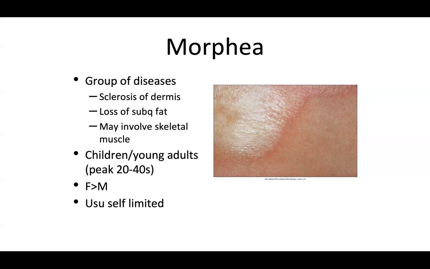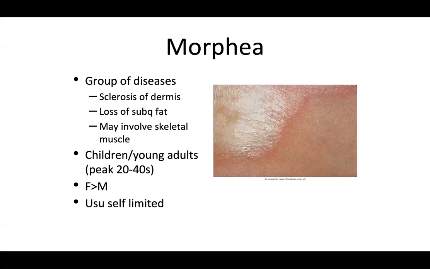So many times we may see this and it's already burned out, but you can see in this clinical image a nice erythematous rim to the side of this more porcelain white scarred, classical burned out clinical appearance of morphea here to the upper left. So if you were to biopsy the center, you would probably see this kind of very sclerotic dermis, whereas if you biopsy the erythematous edge, you may not see as much sclerosis in the dermis, but you may see more